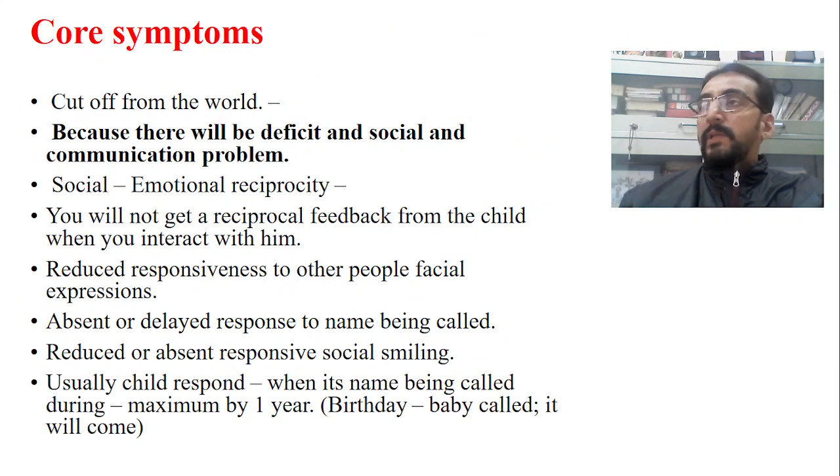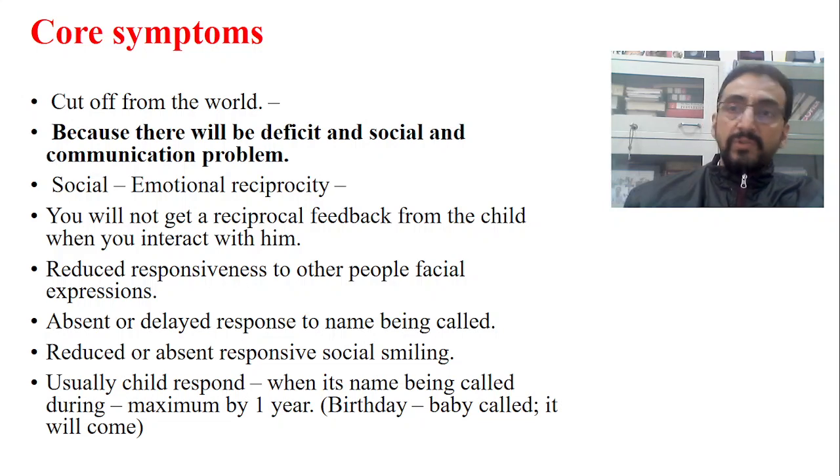Friends, we are talking about autism and its consideration in Ayurveda. In the last class, part 2, we discussed some of the core symptoms. Core symptom means main symptoms. As we know, there are three important main symptoms: the child has a language problem, a social problem, and repetitive behavior. Now we have seen why there will be a language problem and a social problem, and what their impact is.